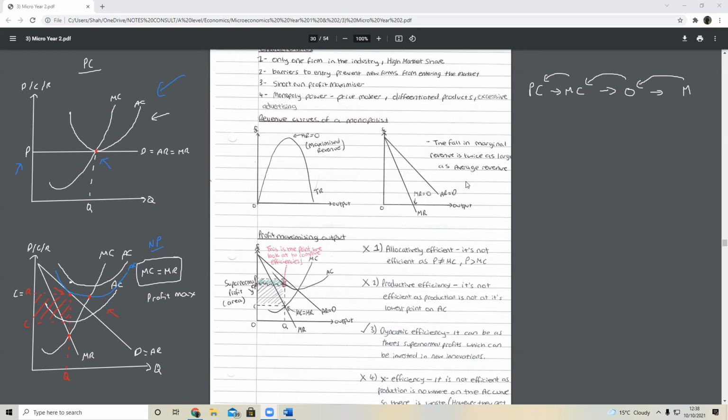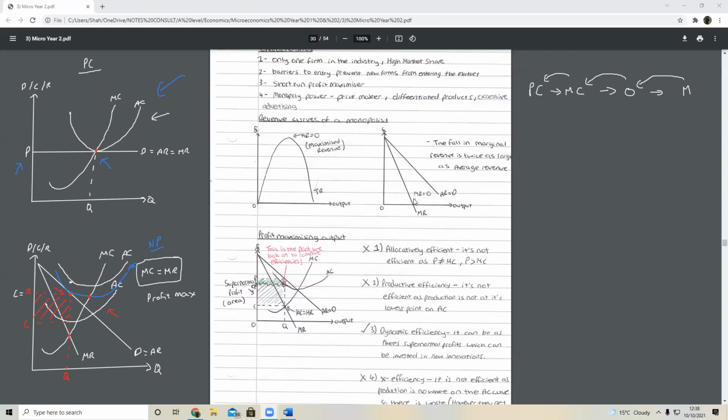Well, it's because the meaning of marginal revenue is basically the extra amount of revenue you get from producing an extra unit of that good. Whatever good they're producing, marginal revenue means that extra amount of revenue you'll get. And if your extra revenue is equal to 0 at a certain point in production, so your output level here, for example,